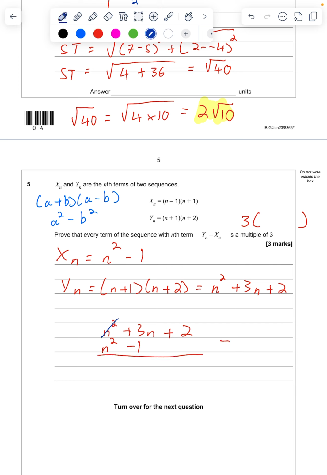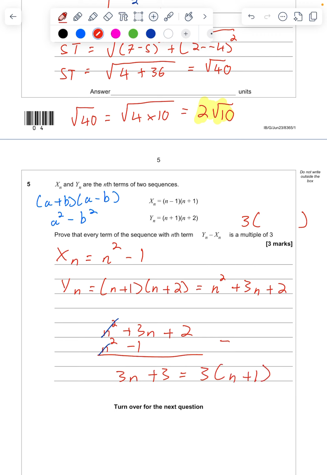So if you take these away, these are going to cancel out, becomes 0. And you're going to be getting, well, 3n, take away just nothing. There's no more n's here, so that leaves you with 3n. And then you've got 2 take away negative 1, which gives you plus 3. So 3n plus 3. And that's good because now I can factorize out a 3, and